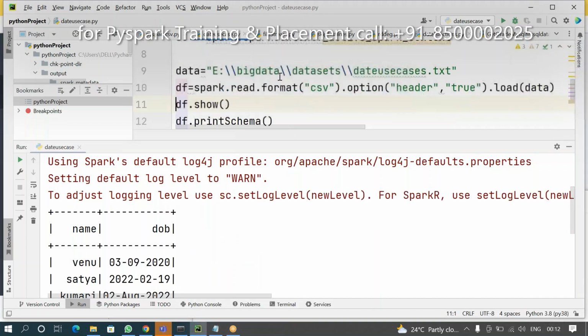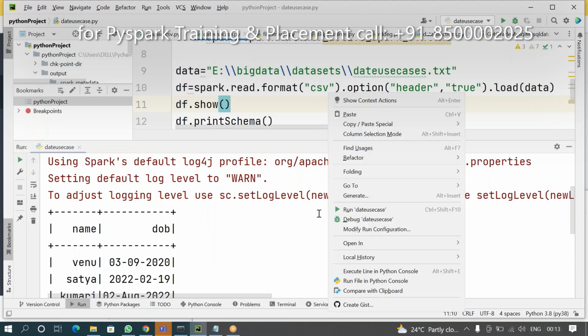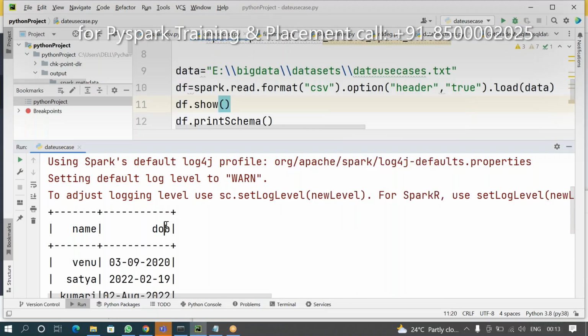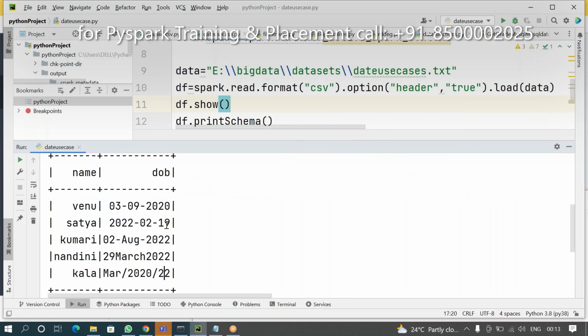Now, as of now, I'm taking one data set. In the data set, what happened here? You have small records like this. Somebody's date of birth is in the format dd-MMM-yyyy. Satya's date of birth is yyyy-MM-dd, like that.